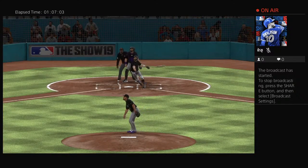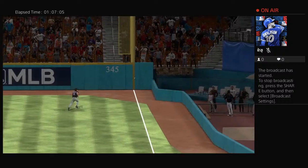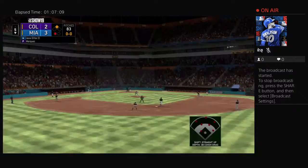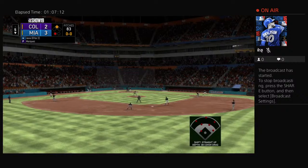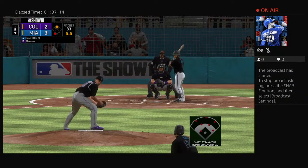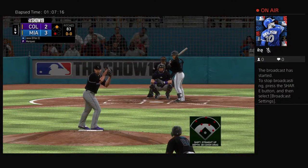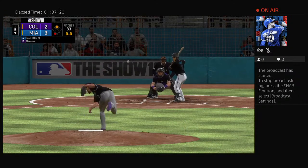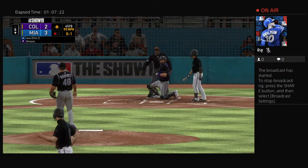Man, this guy is a blur on the base paths, Danny. He was really motoring around the bases. I think he had every intention of stretching that one into a triple. He definitely has the wheels, but the ball bouncing over for an automatic double put an end to any of those kind of thoughts. Into the box now, number 3,